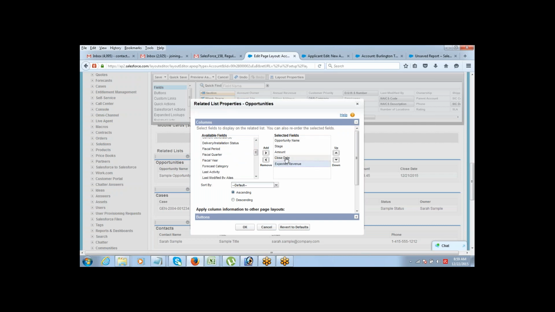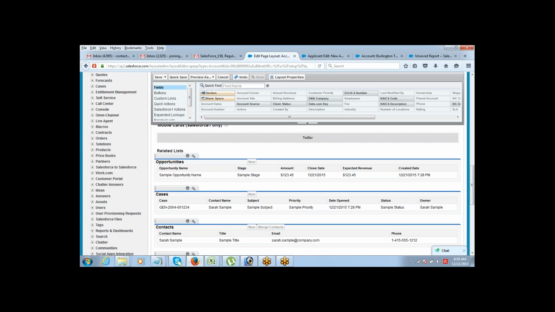These fields are already being displayed. I want to display a few more. Okay. So once you have selected the fields that you want to display, you can just click on OK. See, name, stage. Alright, so all these things can be done from the page layout.